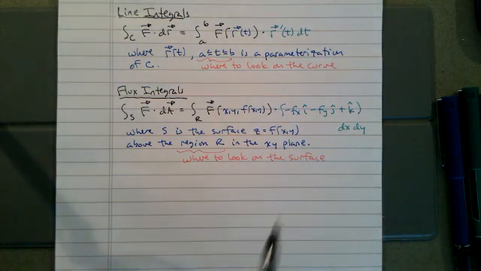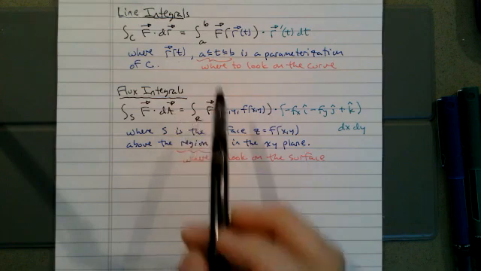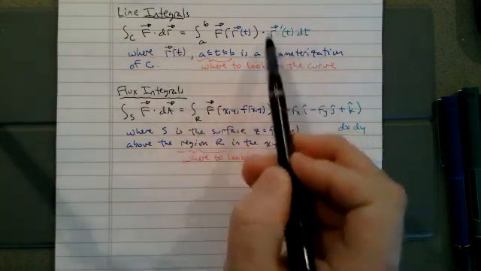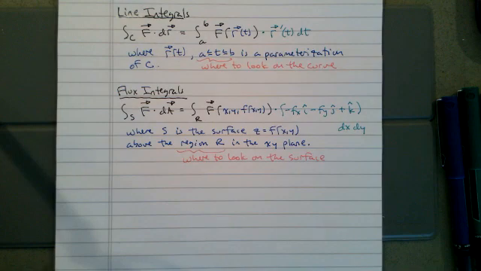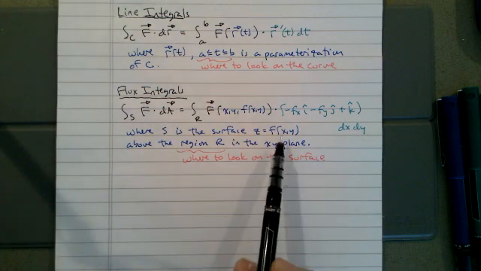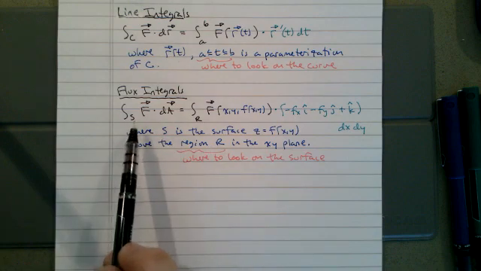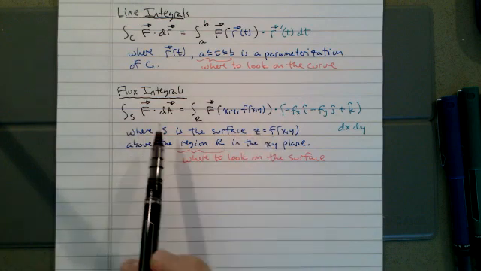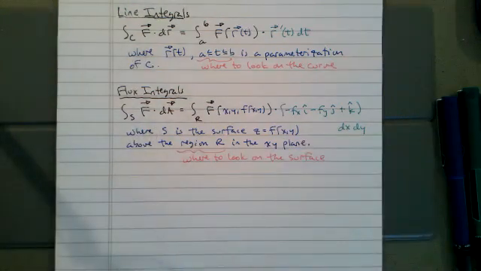So next we should analyze what the dA represents. In the case of line integrals, dr just represents where things are headed. It's just the derivative at that point. With dA, we want that to be a vector where, with an area, the dA is going to be an area, and the direction is going to be normal to the surface. Well, it's normal to the surface S. So dA has a direction that's normal to the surface and an area